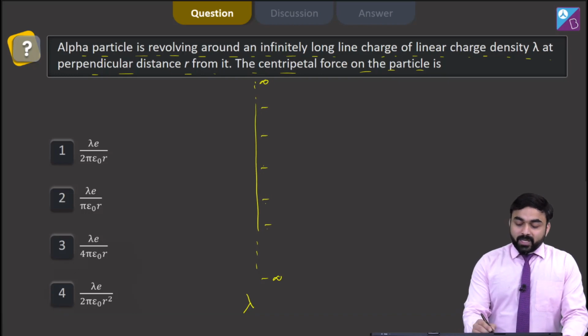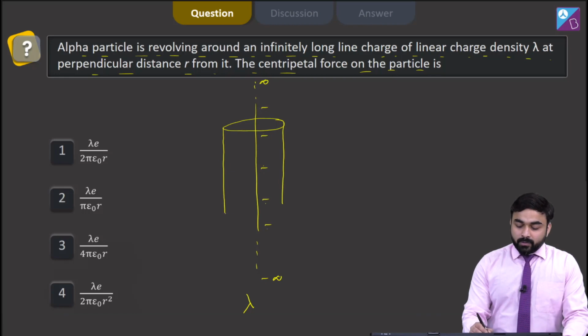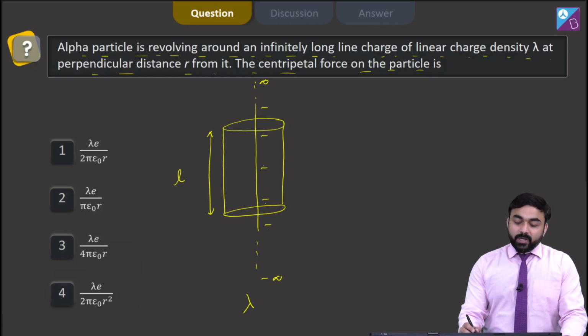So if we consider this line charge and consider a cylindrical Gaussian surface for this particular line charge of length L, and calculate the electric field due to the infinitely long charge for this cylindrical Gaussian surface. For that we need to use Gauss theorem,